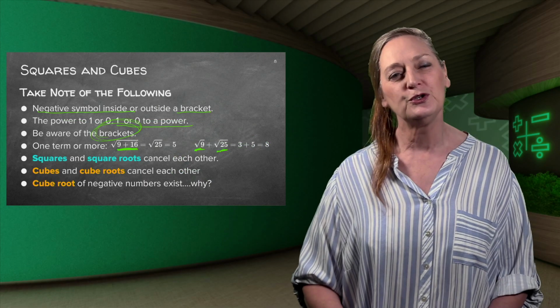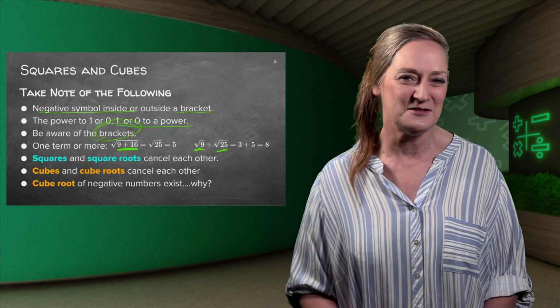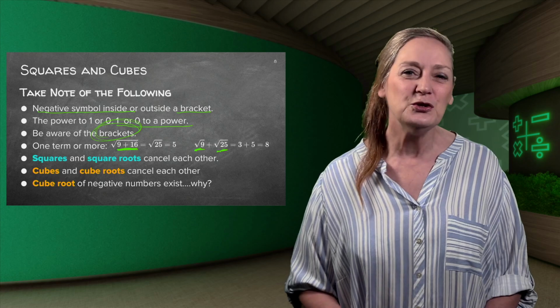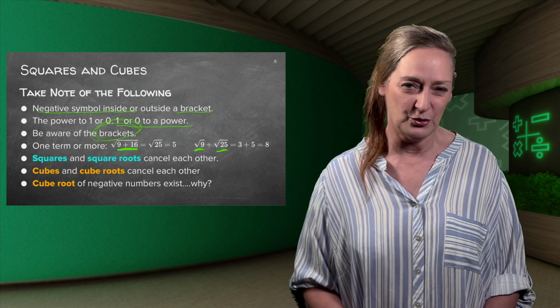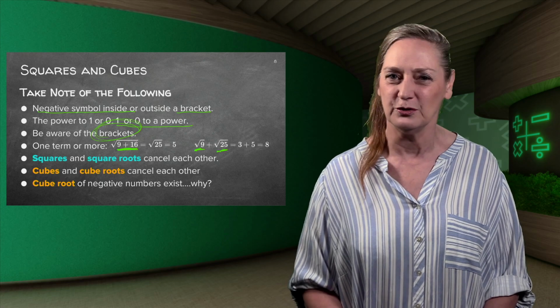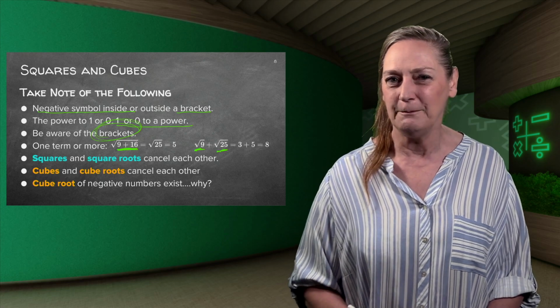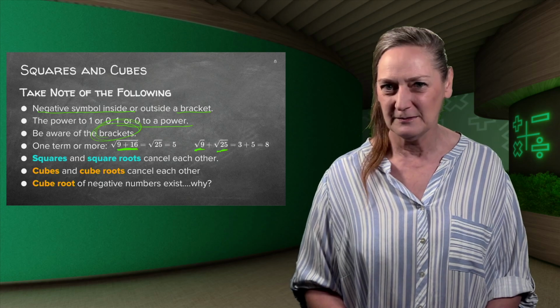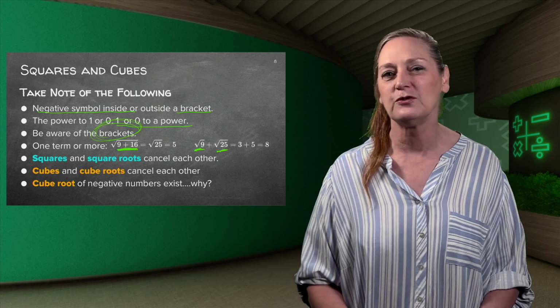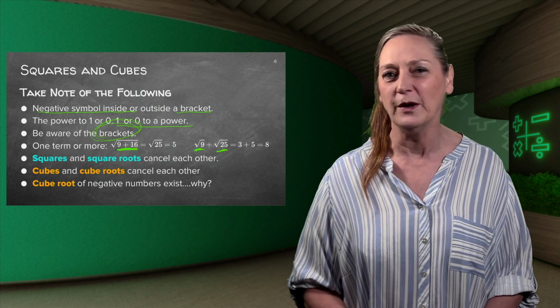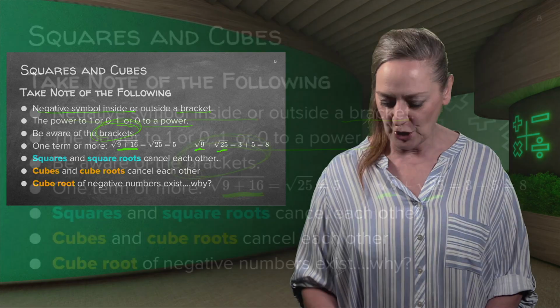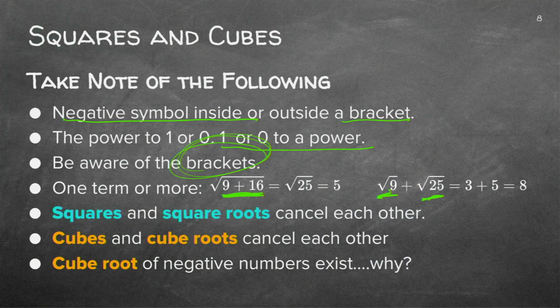Now I want you to understand my next sentence very well. We do not use exponential rules or root rules over a plus or a minus. We only use exponential rules and root rules in 1 term. So you cannot go and add this 9 and 25 there, because now you're working over a plus. We do not work over a plus with these rules.